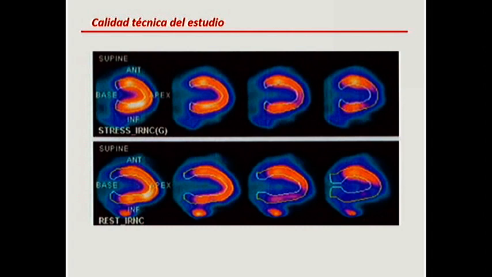As we can see here, this automatic placement of the epicardial and endocardial edges in one of the commercially available nuclear cardiology programs shows an error. It goes beyond the edge of the valvular edge and establishes areas that are larger, and this is going to lead to errors in the quantification of the volumes and the ejection fractions and so on. So this is part of the quality control